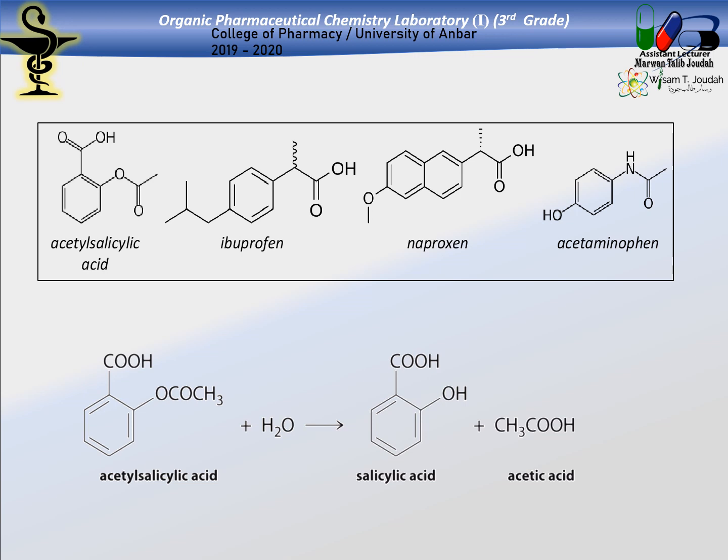Here we have acetyl salicylic acid and ibuprofen, and we have naproxen, and acetaminophen, which is paracetamol. Here are these structures. You don't have to memorize them, you are not required to. It's just to know the substances that we are dealing with. Okay,